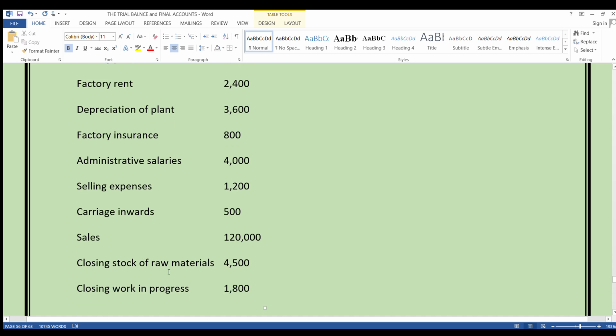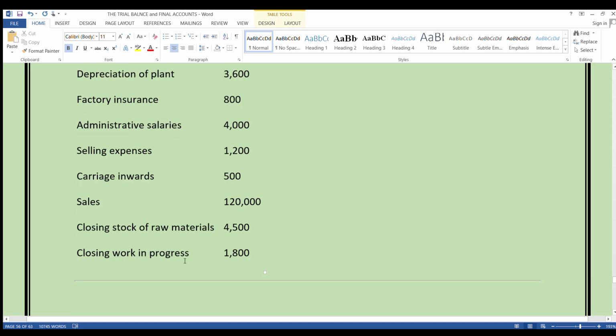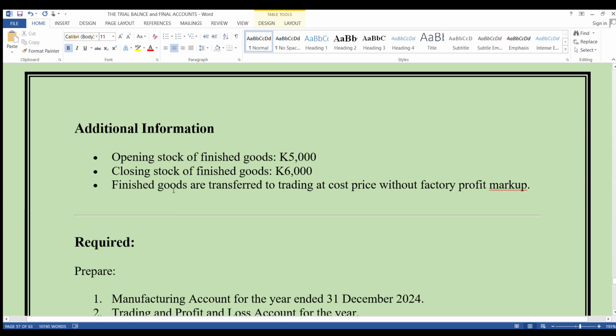Then we have closing stock of raw materials and closing work in progress. Then there is additional information which is not in the trial balance. The opening stock of finished goods was this. The closing stock of finished goods was this. Finished goods are transferred to trading at a cost price without factory profit mark-up. Because of that, this statement simply means the production cost you get from the manufacturing account, you're going to use directly